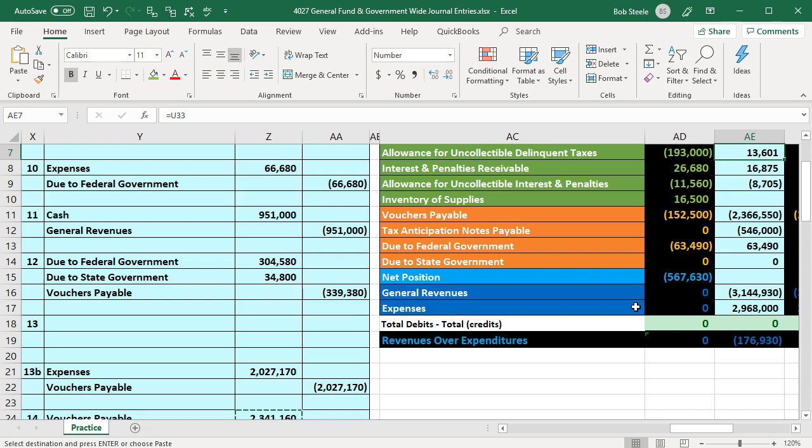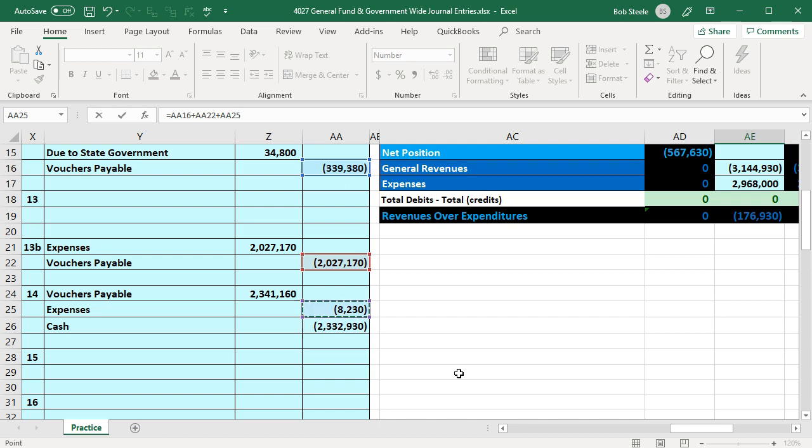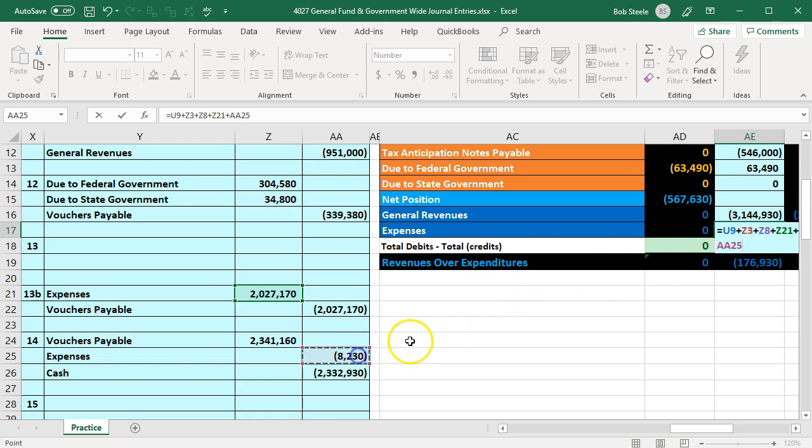So we'll go back up. Here's the voucher payable. I'm in AE11. Double click on AE11, go to the end of AE11 and say plus. Put the cursor back down, then scroll down. We want to pick up the voucher payable related amounts. Then we're on the expenses. Expenses is going to be up here, it's in AE17. Double click on AE17, go to the end of it, plus, and then point to that expense